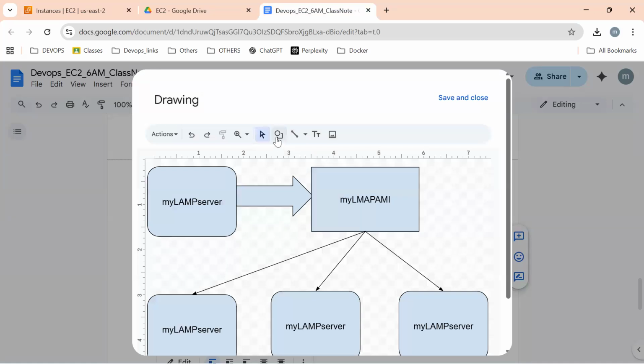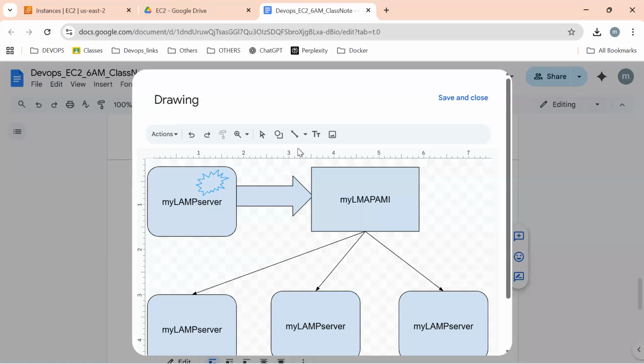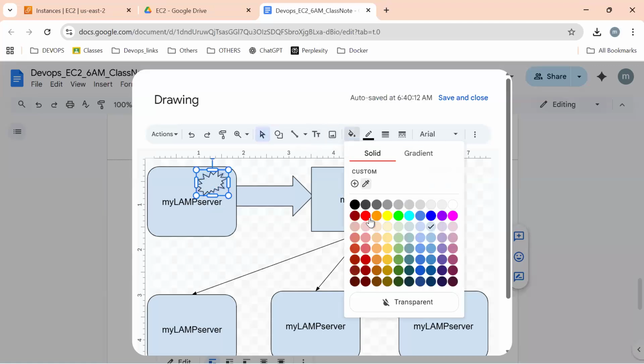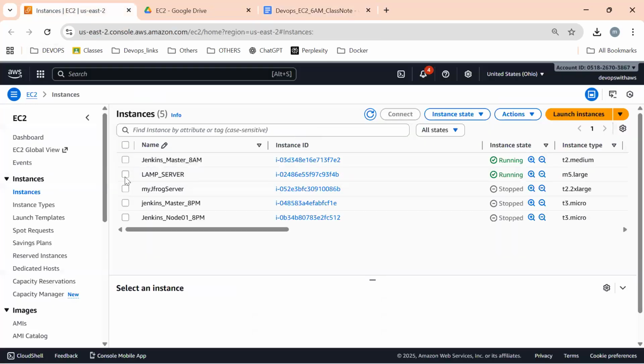Why? Because we have already backed up. Fortunately, if we lose my original LAMP server, there is no issue because with the help of the AMI we can duplicate and recreate it again. That's exactly the point, a very important point.